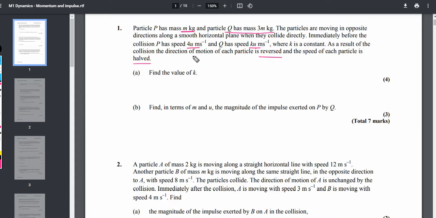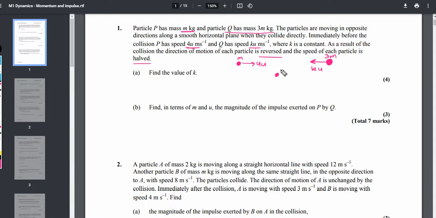So the best method of doing this question is to draw a figure. Let's draw the two particles. This is particle P. It has a mass m and it is moving to the right with velocity of 4u. The other particle is particle Q. It is more massive than particle P, so it has mass of 3m, and it is moving to the left with a velocity of ku,